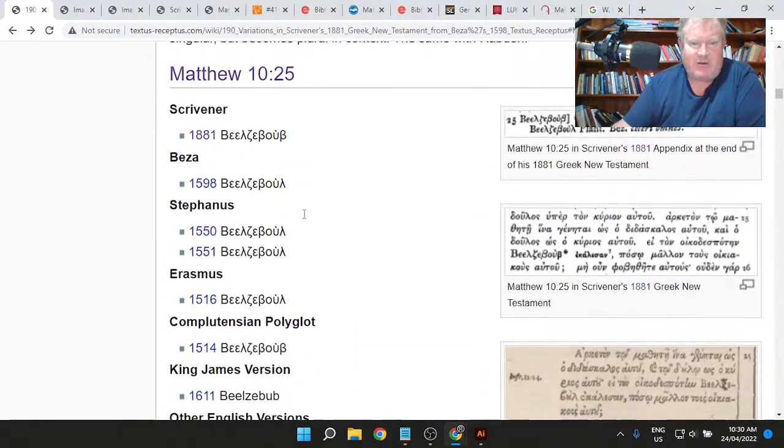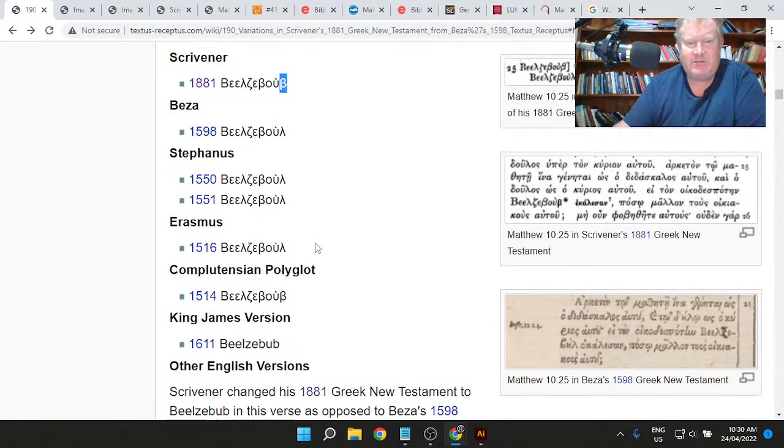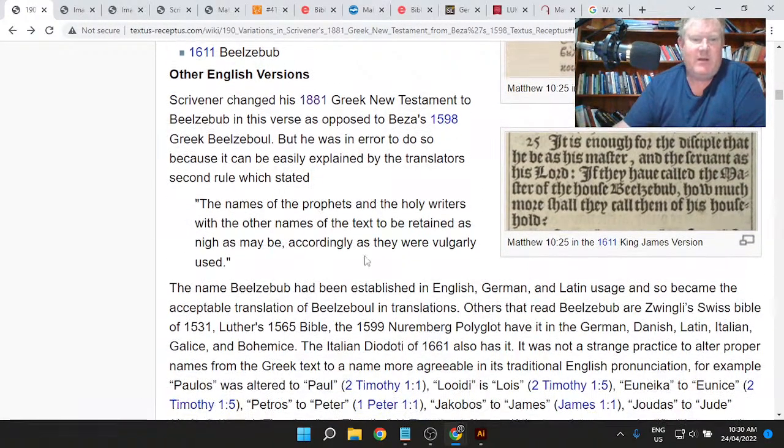And so he's gone ahead and looked at the Greek of 1598, Theodore Beza, and then he's changed the last word to the beta there, following the Complutensian Polyglot. Okay, so Scrivener changed his 1881 Greek New Testament to Beelzebub in this verse, as opposed to Beza's 1598 Greek Beelzebub. But he was in error to do so, because it can easily be explained by the translators' second rule,